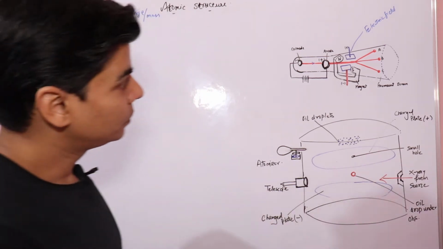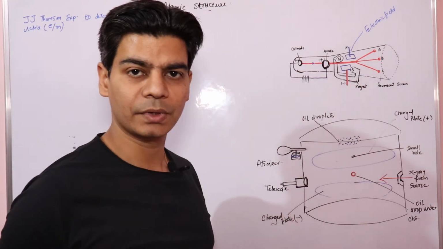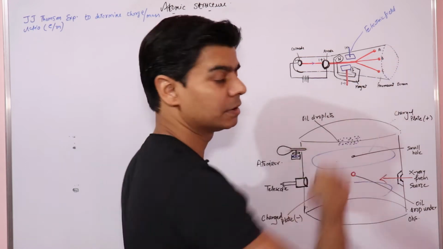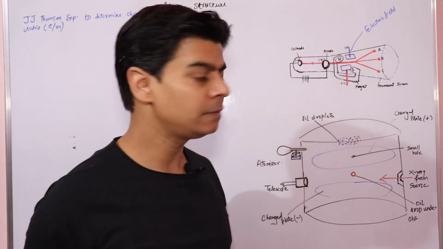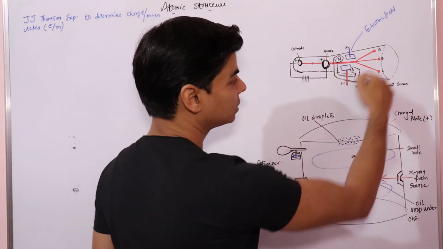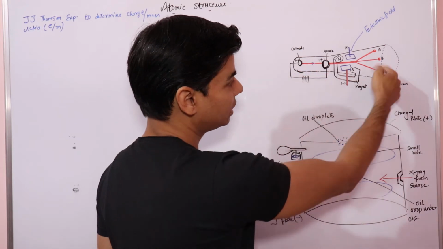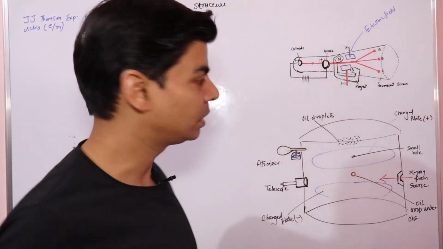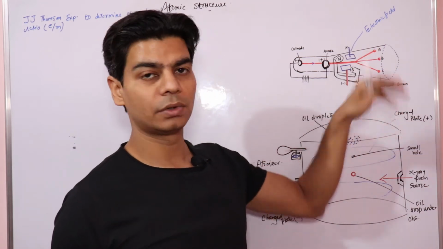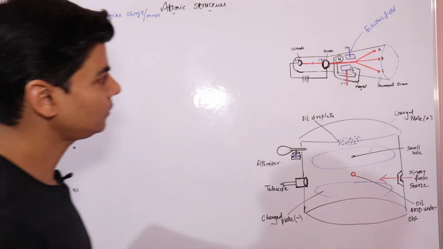Now this is a fluorescent screen, right? Why do we use a fluorescent screen? Because if any ray strikes this fluorescent screen, it will produce a shine. This screen will shine at whichever point these cathode rays strike it, due to which we get to know in which direction the cathode rays are deflecting. So this is the function of the fluorescent screen.